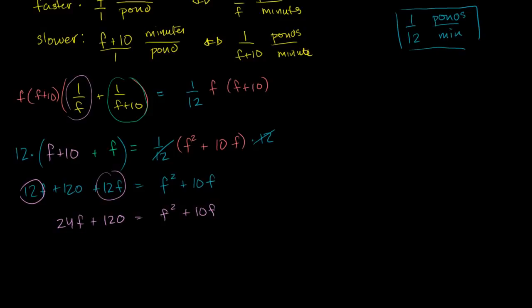From both sides of this equation, let's subtract 24f and subtract 120. The left-hand side just becomes 0. That was the whole point. The right-hand side is f squared, 10f minus 24f is negative 14f,